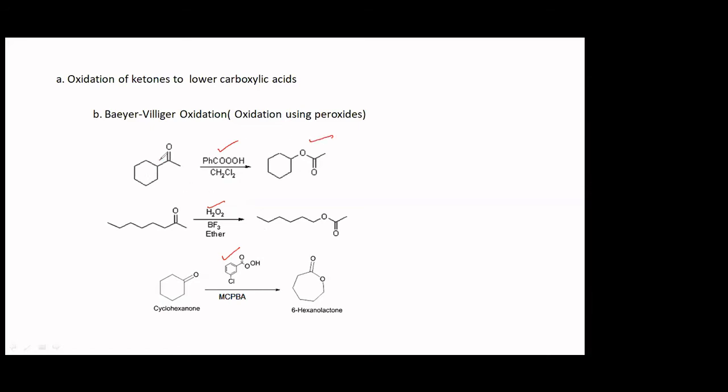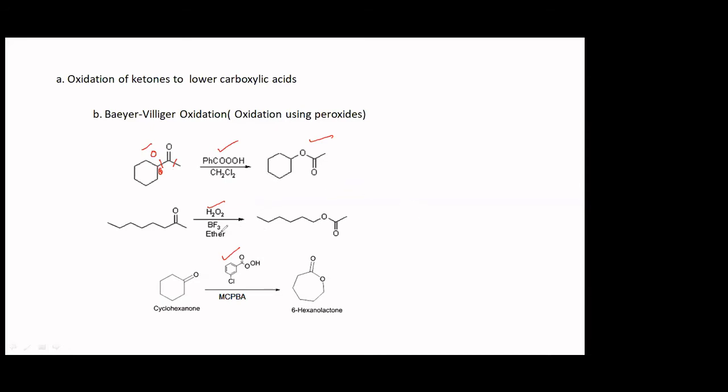You have to put oxygen here. So in this case, where are you going to put oxygen? That is the question here. Either you can put it here or you can put it there. Okay. So basically, if you put this oxygen here, the one which is positively charged, the carbon will be here. So a more stable carbocation is found here. To that side, you are going to put the oxygen. If you remember that, then you will be able to identify the product.